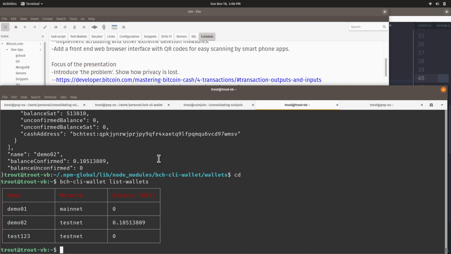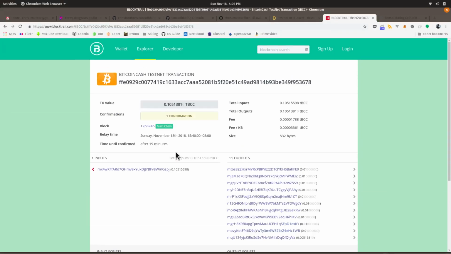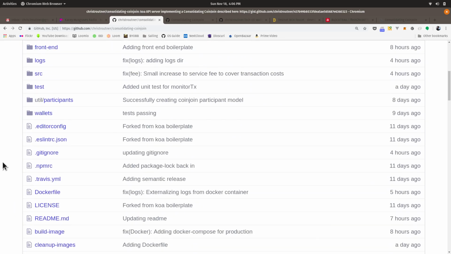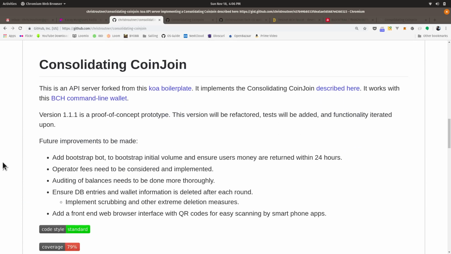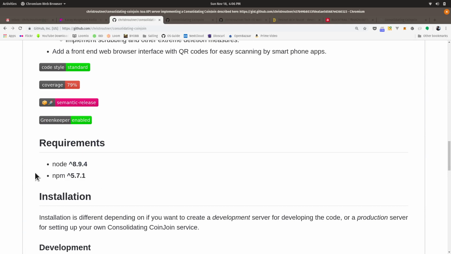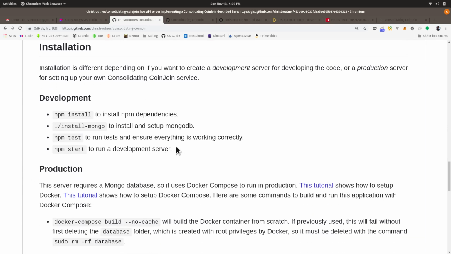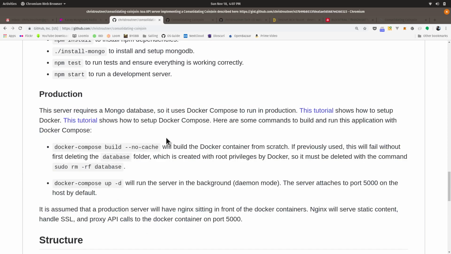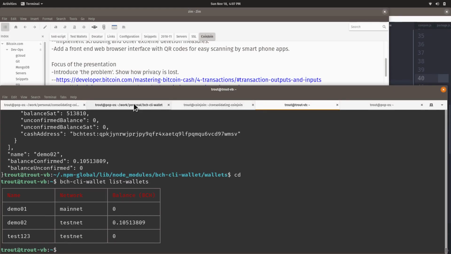So let me walk a little bit deeper into the server for those who are interested in the server software and maybe starting up their own server and potentially helping with the development. So this is the Consolidating CoinJoin Server repository, and there's a couple different ways of operating. I have the requirements listed here, and there are development installation instructions, and then there are production installation instructions. So let me...